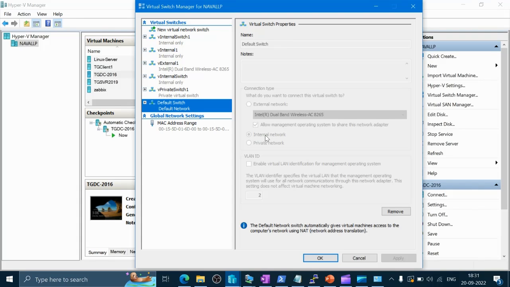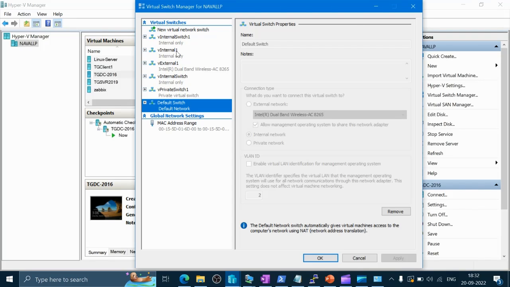You can see that by default it is of internal type and we cannot change it. It also uses DHCP. When we use the default switch, it has its own DHCP configuration, which is of 172 range, that provides the IP address to all the virtual machines. We don't have to set up a different DHCP server if we use the default switch, but mostly we do not use the default switch in our production environments, but we can do it for test and lab environments, etc. So always remember it will have its own DHCP and